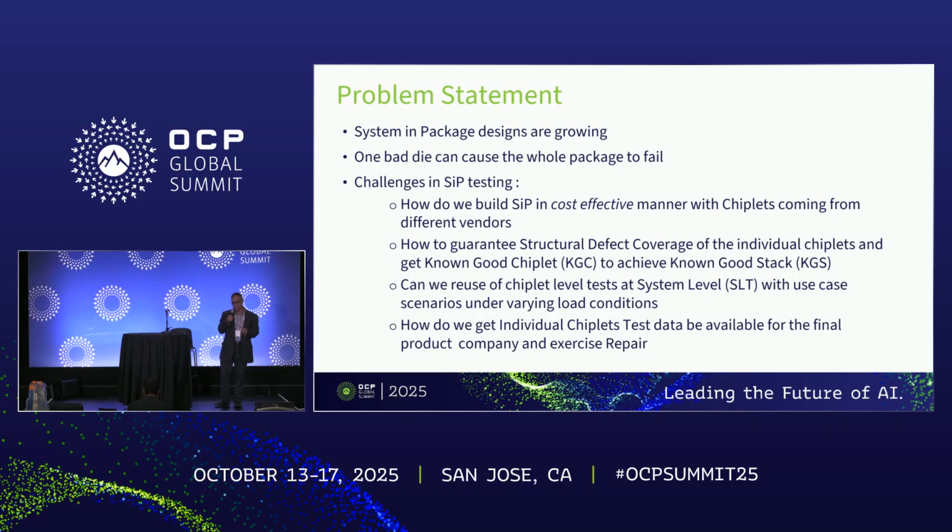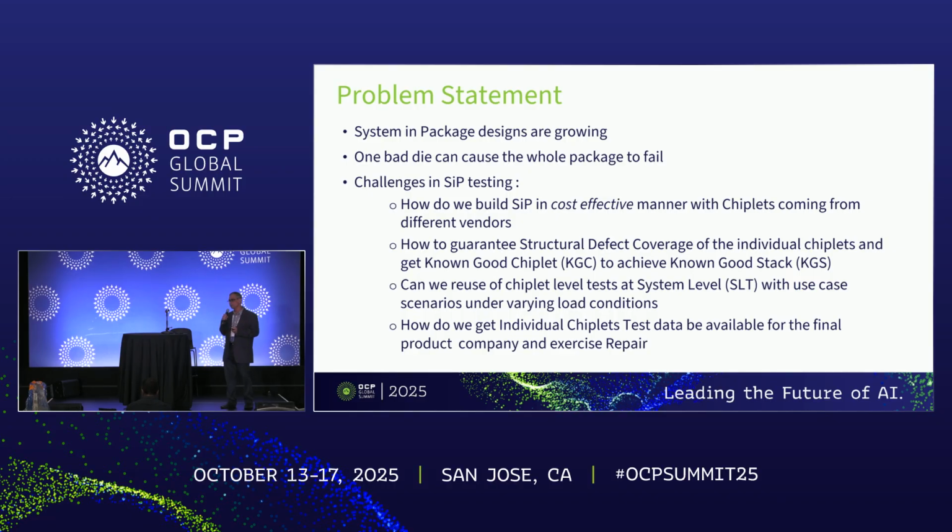So if the chiplets are coming from different vendors, how do you get a good system in a package? And how do you guarantee the structural coverage, like interconnect test and solving the structural faults? For that, we need to guarantee we have a known good chiplet,